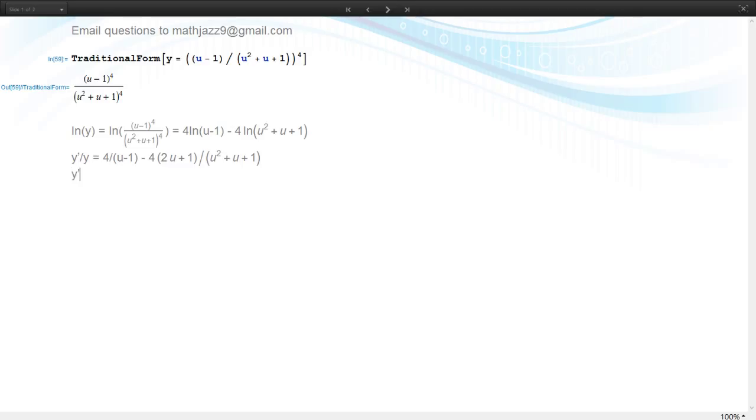since those two things are equal to each other, and we get y is equal to this function times the right-hand side of the equation above. And this is our derivative. Okay,